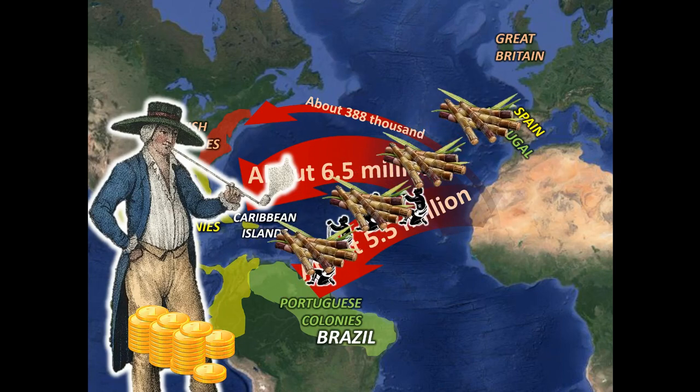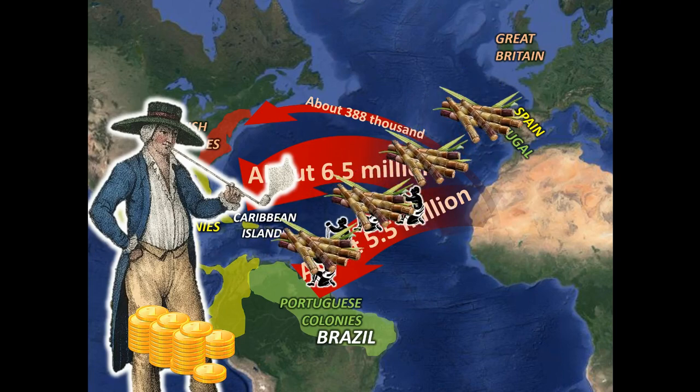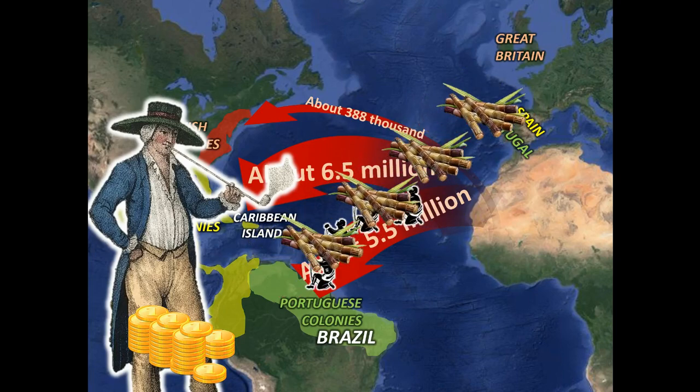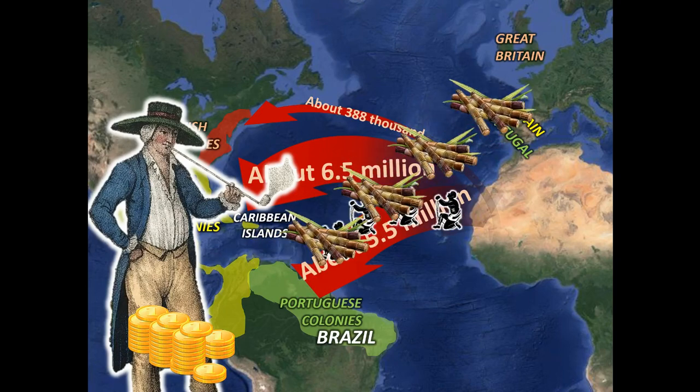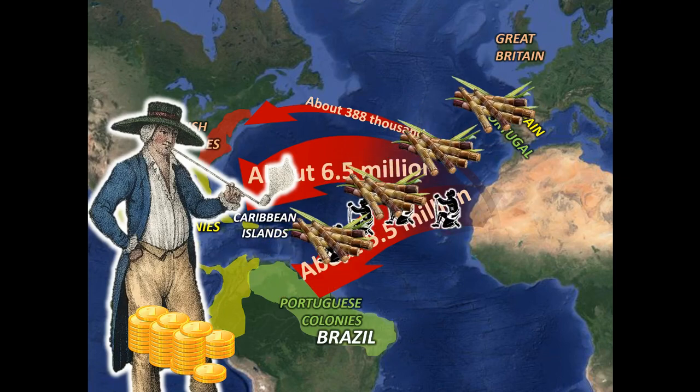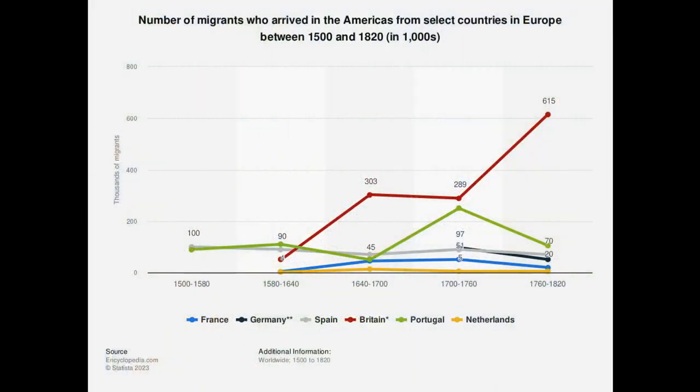The first essential knowledge piece today is about the number of Africans who were brought to the Americas. We can say a number like 12.5 million people, but that doesn't really give us the perspective we need to understand how big a deal that was. So let's look at this graph of European migration to the Americas during the same time period. Here you can see that between 1500 and 1580, about 100,000 Portuguese people migrated to the Americas. The British eventually became the biggest group of European migrants, and we see 303,000 British people come to the Americas